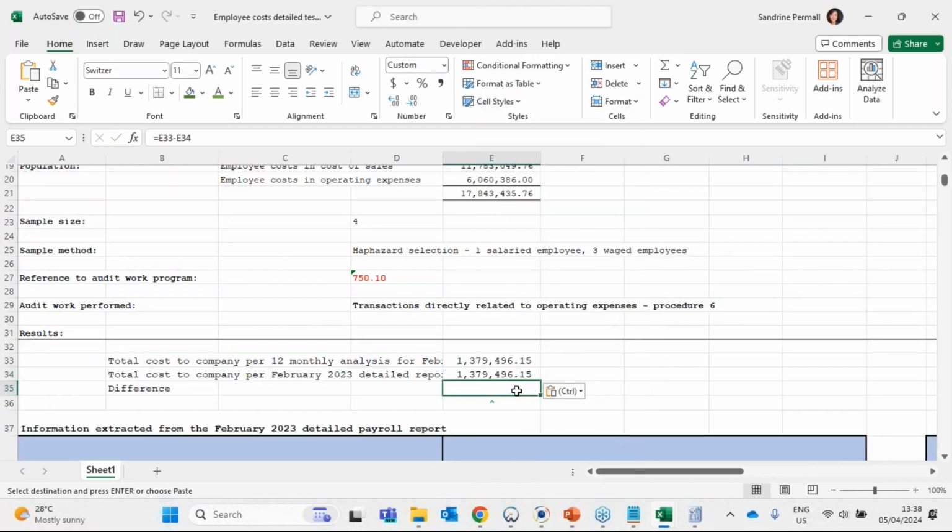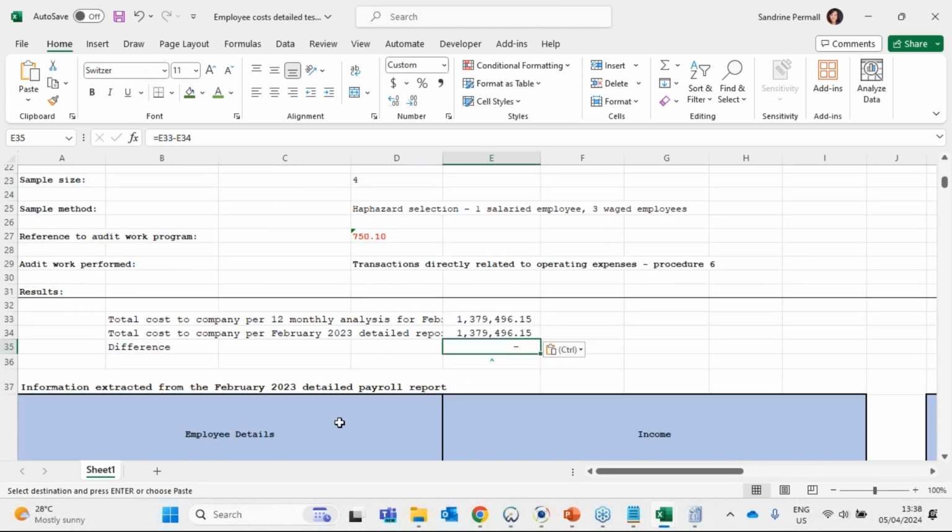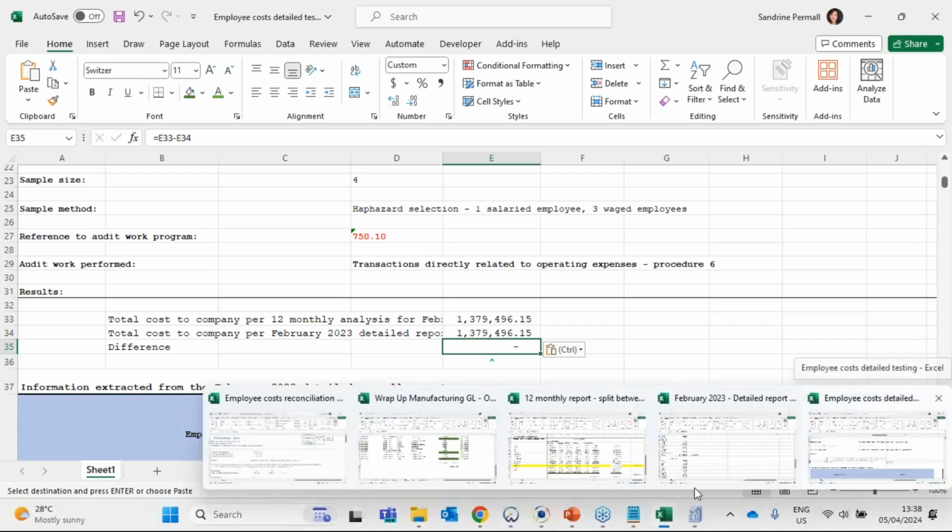Does it look the same? Yes, 100% success. So we can continue to do our detailed testing. So remember, we are looking at the sample. It's not the full extract. So per employee. So if I look again,